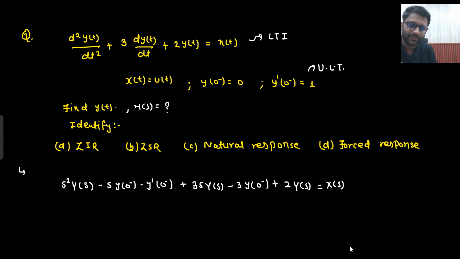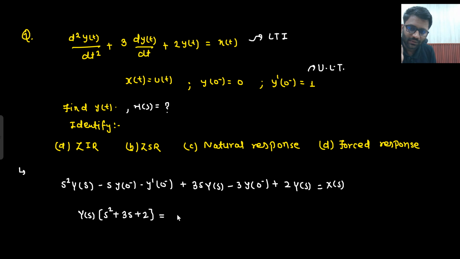X(s). As of now, we are not going to put the values because I want to see what will be the zero input response and what will be your zero state response. So as of now, we are not putting the values. Let's see if the calculation is correct. Everything is correct. No minor mistake. Okay, fine. So Y(s) here, what I can see is that (s² + 3s + 2)